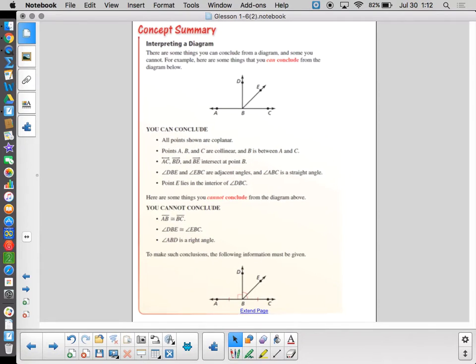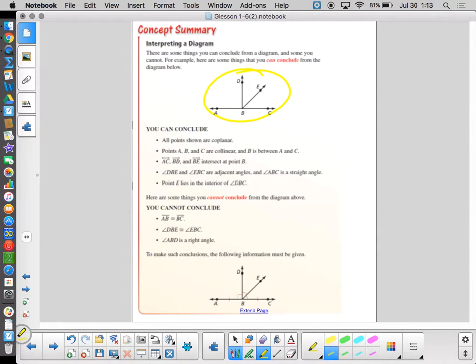Whoops. That was fun. Hope that didn't make you dizzy. Based on just this picture, I can't tell for sure what's going on there. What can I tell? Well, I can tell that A, B, and C are all in the same line. I can tell all those points are in the same plane. I can tell B is a point of intersection. I can tell that I have some adjacent angles here. But I can't conclude anything about their measures other than the straight line. However,